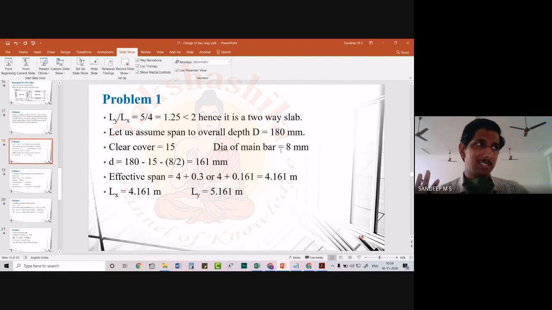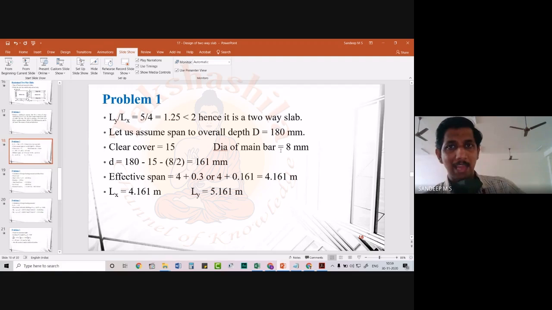But from an economy point of view, it is not a correct manner. So you have to actually take up a smaller dimension, and practically if you are just sticking to the same value given in your code and you are saying that you need some